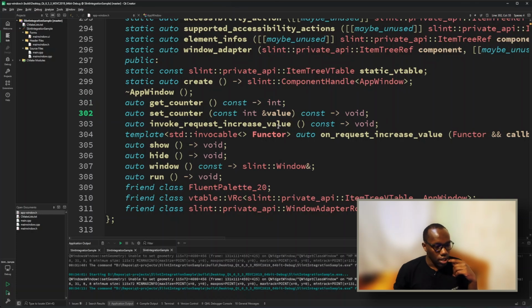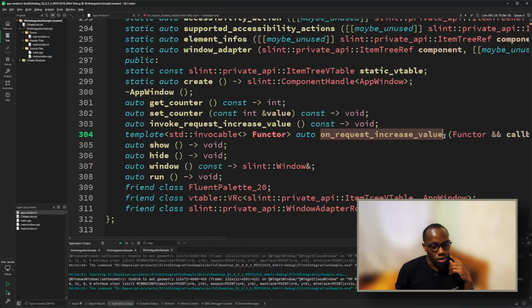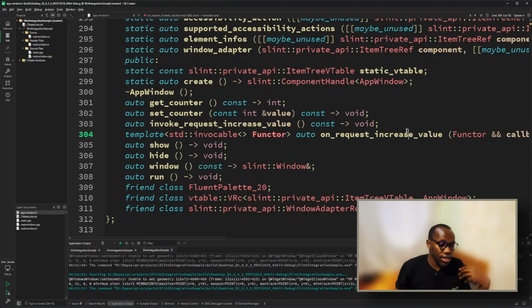value. So for every callback, you're getting two things. You're getting first a functor on request increase value, which allows you to assign it a function to forward once it's actually invoked. At the same time, you're also getting the invoke request increase value, which allows you to invoke the same callbacks from C++ side of things. So this allows you to bind once it's called, and this allows you to invoke it from C++ side of